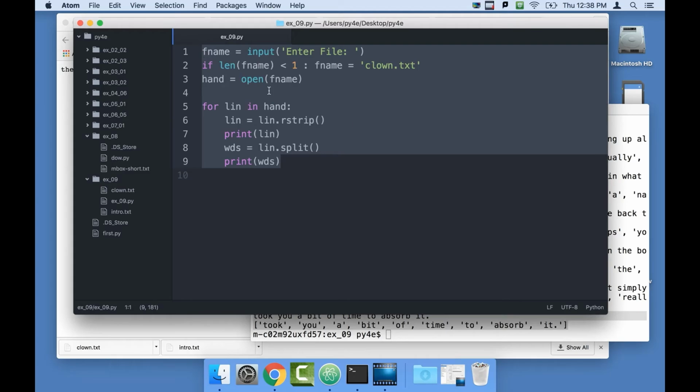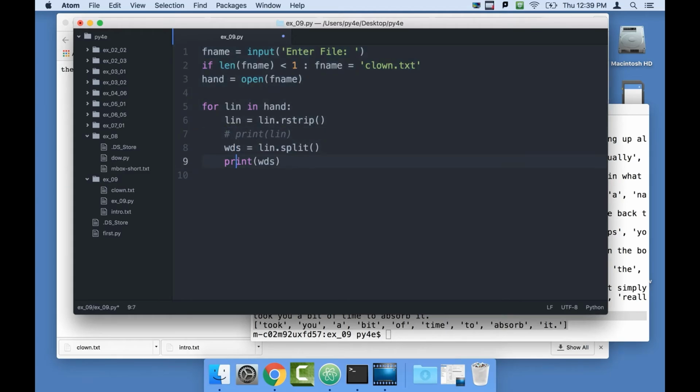It's going to read through the lines and split them into words. Then behind it, I'll just comment that out. Now I need another for loop, for w in wds. Words is a Python list and has some number of words in it, 0 or 12 or whatever was on the line. And now I'm going to print out